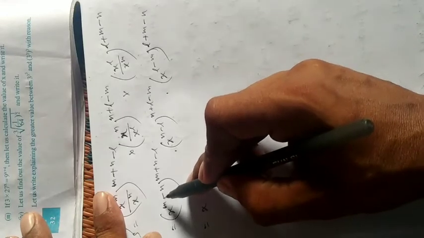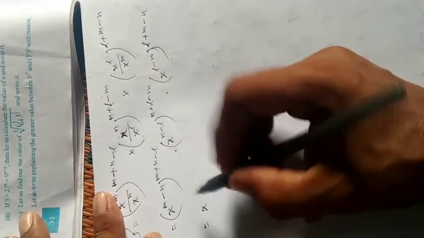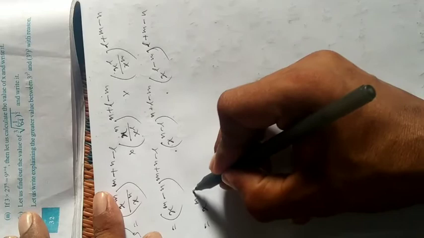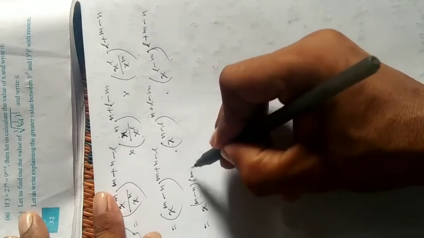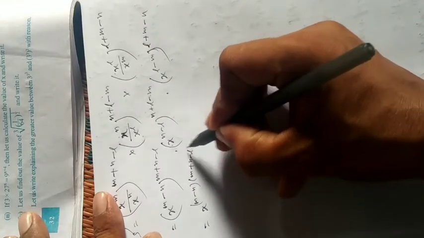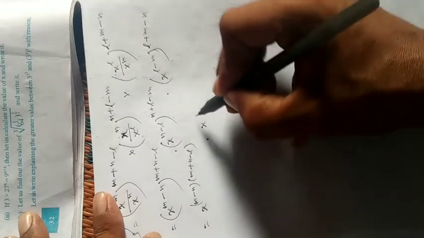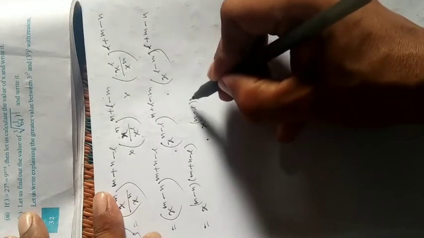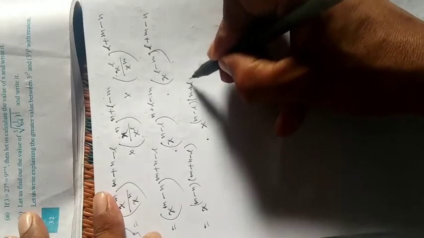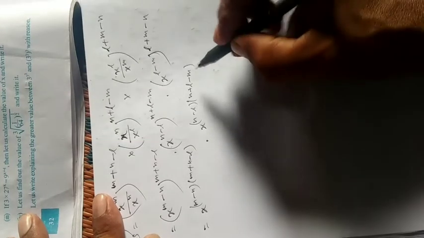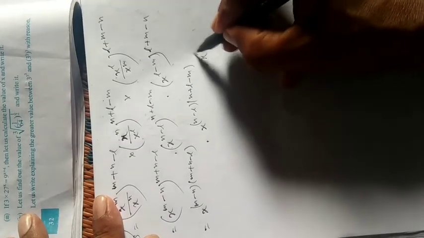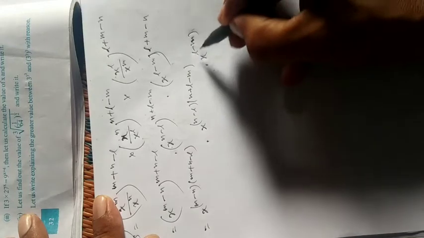We have to multiply both these powers. So m minus n into m plus n minus L, x to the power n minus L into n plus L minus m into x to the power L minus m into L plus m minus n. Multiply it,